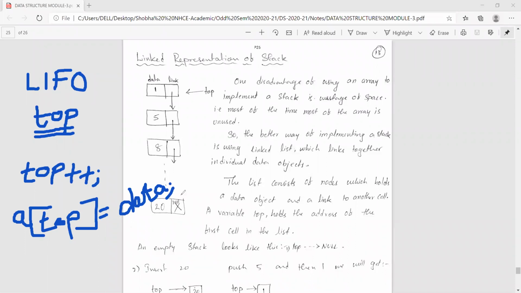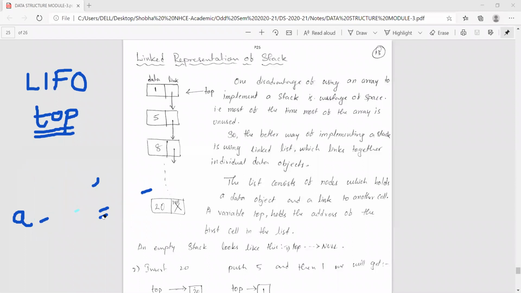Okay, this was what happens in push operation of a stack using arrays. The same way when you wanted to delete, that is, when you wanted to pop an element from the stack using arrays, what were we doing? When we want to pop off A of top, first we will use a printf statement and say the deleted element is %d, A of top. Whatever is pointed to by top, that you will display.